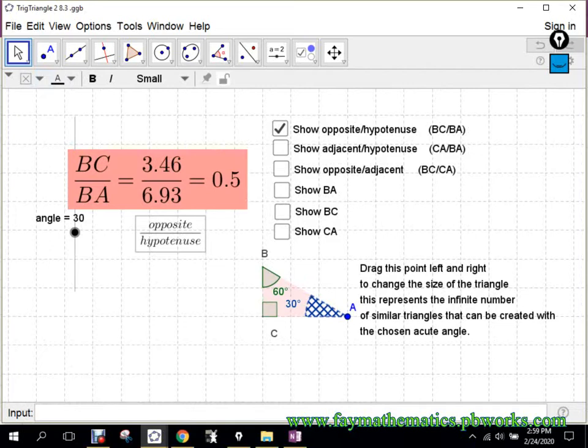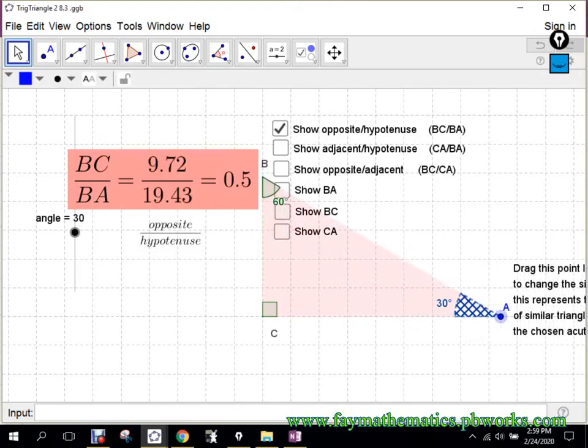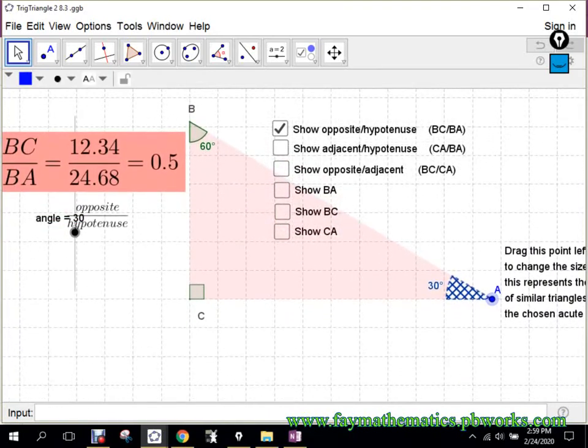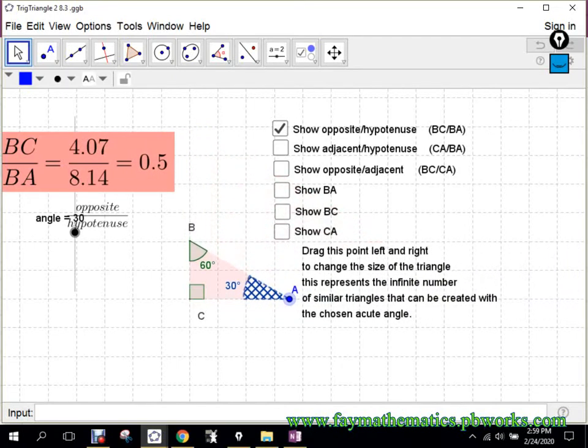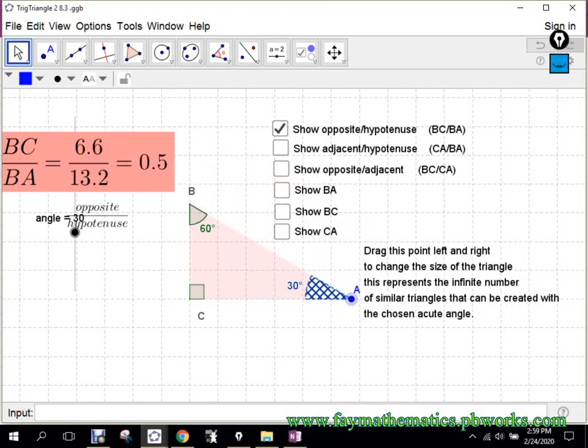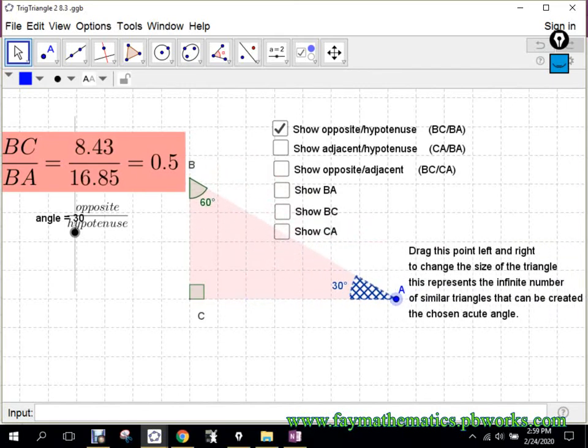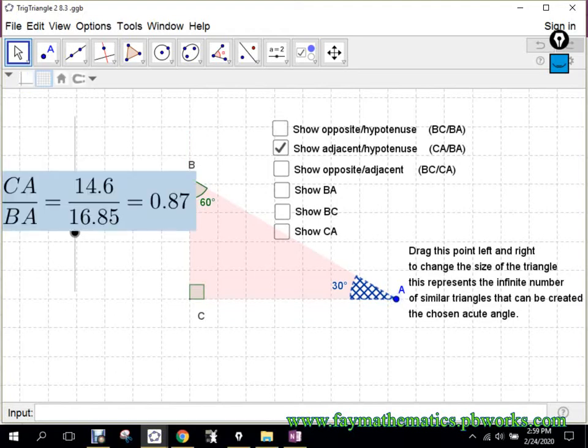Now, as I change the size of the triangle, you see the numerator and denominator, the divisor and the dividend, they change, right? But did the quotient change? No. So no matter what, if I've got a right triangle with a 30-degree angle, the opposite side of that 30 degrees divided by the hypotenuse will always be 1/2. Okay? If we show the adjacent by the hypotenuse,